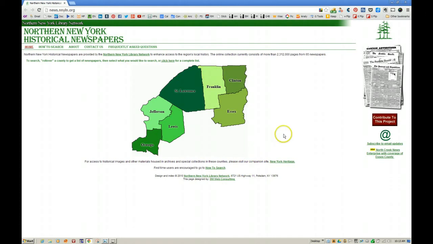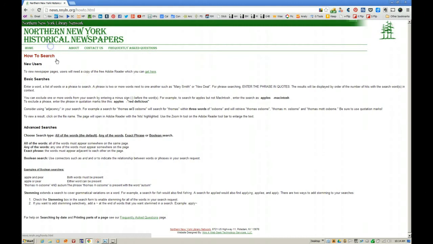The other thing that I think is important to know is there are, as I said, over 50 newspapers and over 2 million pages. So it is quite a good collection and it is indexed quite nicely. There are 2 basic comments that I want to make about searching. It has the standard booleans of and, or, and not, but it also includes stemming. Stemming is where I would type in the word fish and it could pick up the word fish, fishes, fished, or fishing, for example. So various variations of a word can be searched at one particular time.